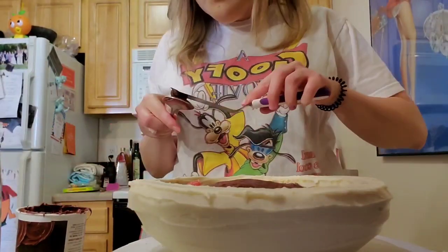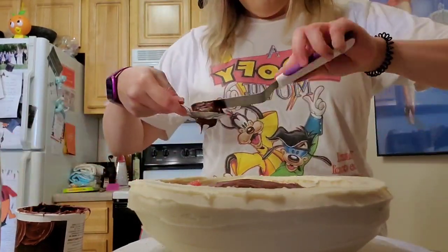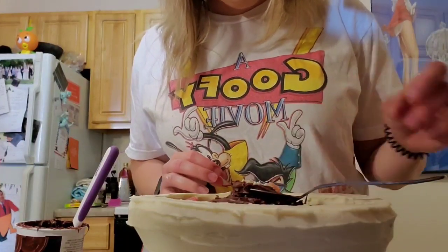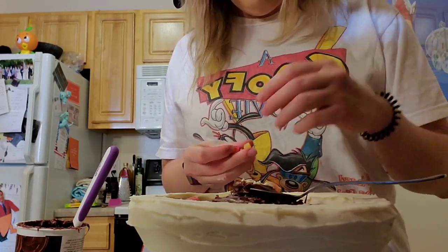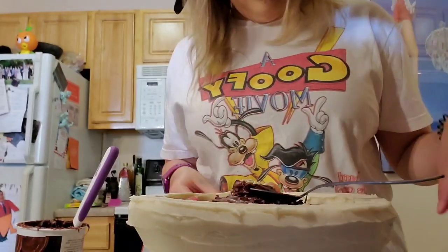For a little extra decoration, I took a spoon, filled it with a little bit of frosting, and stuck it onto the top of the cake. Here's the fun part, the actual decorating of the cake. I took just a couple of the Sour Patch Kids, put them all over the cake. I made sure to put a "Hi Dad" in the spoon, so that was the spotlight,